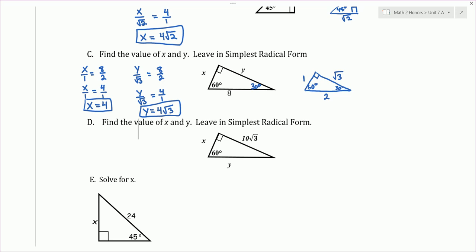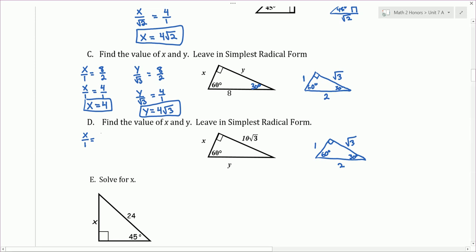Part D, again we have a 30, 60, 90 right triangle. I'm going to draw another 30, 60, 90 right triangle that's similar to this one, but one I know the side lengths of. Again, the smallest side is 1, the largest side is 2, the side in between across from the 60 is root 3. And to solve for x, I'm going to write the proportion x over 1 is equal to